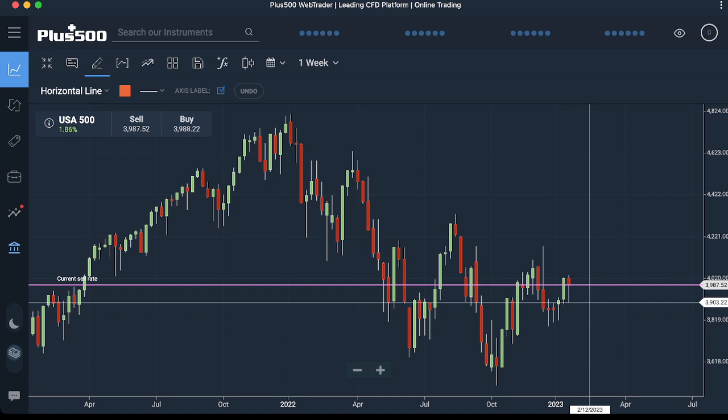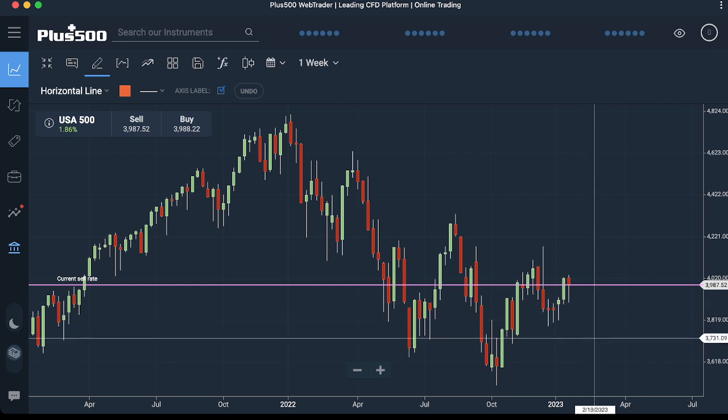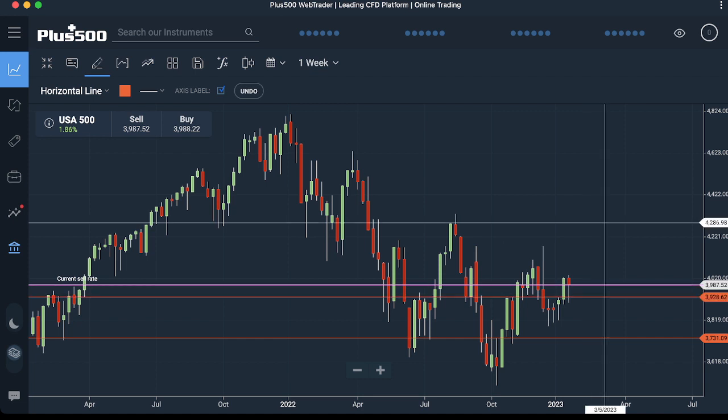Okay, so here you can see this is one weekly bullish order block, which is here, and this one is another bullish order block. So these are the recent price actions,